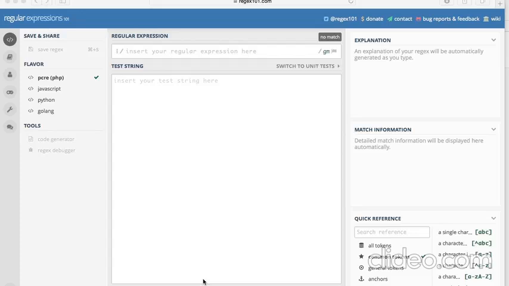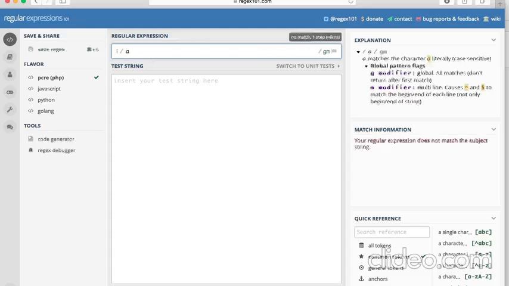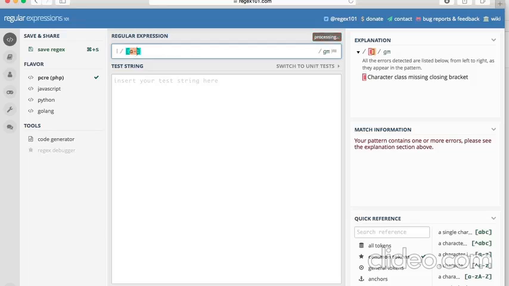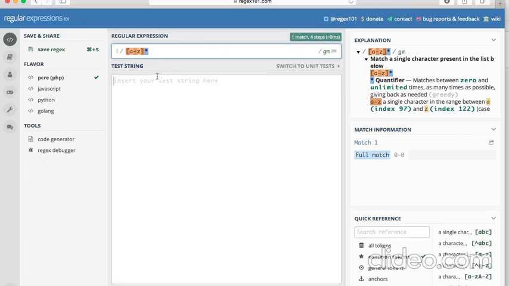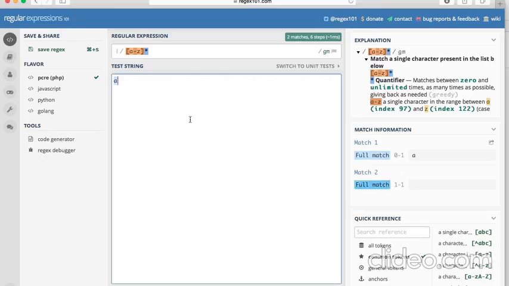Now let's look at our next special character, that is star. Let's take an example. Let's say a character set A to Z, and if I give a star here, that means that even if I'm not giving anything, it gives a full match, because it is expecting 0 characters or more as a match in your test string to this regular expression. So if I give A, it will give a match, or B or C, anything. And even if I don't give, it has 0 number of characters in a test string but still matches because